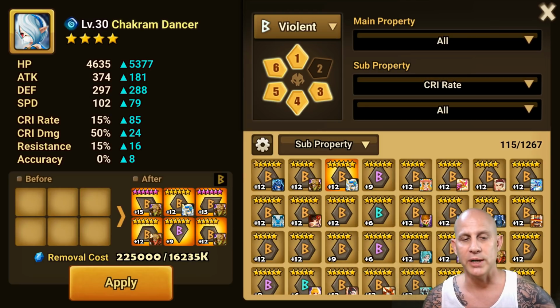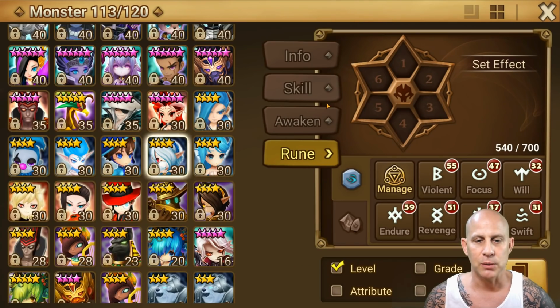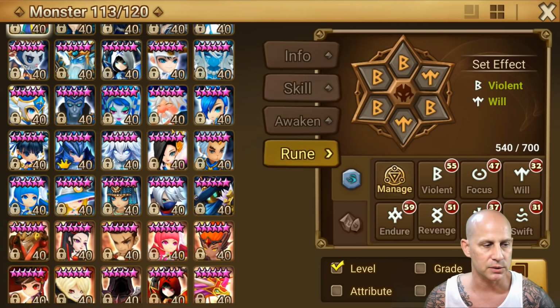Then if you wanted to rearrange another one, you could do the same thing. So it's a very good system. It's very nice. It's the same thing we have also with our new glyphs. We have our new glyph system, so we could come in here. We could go to